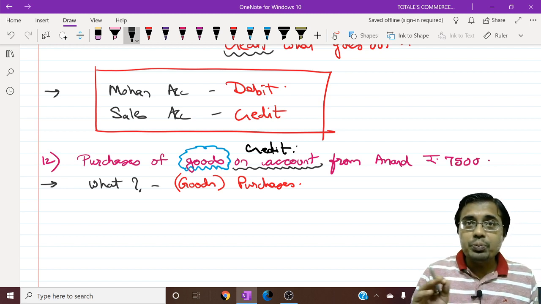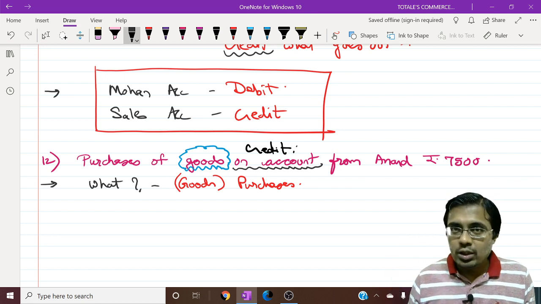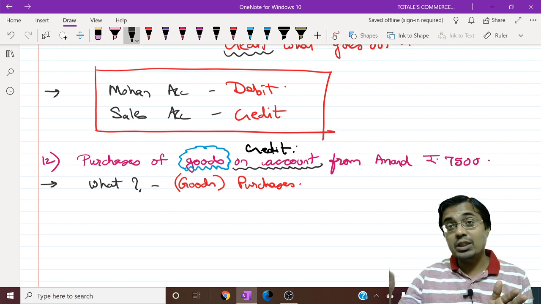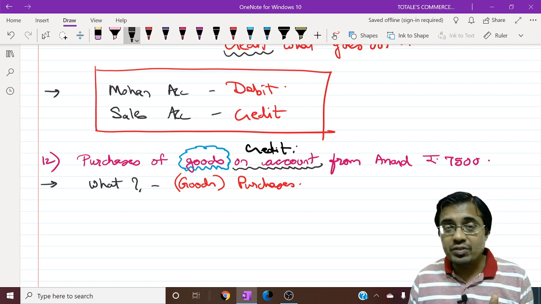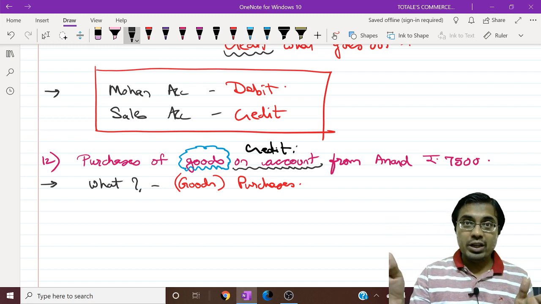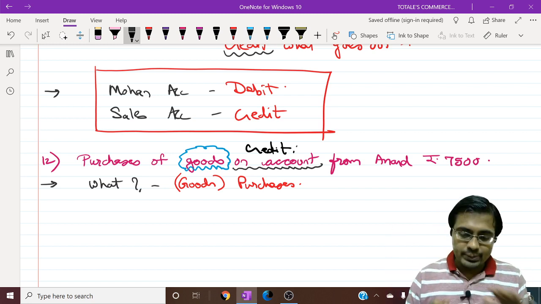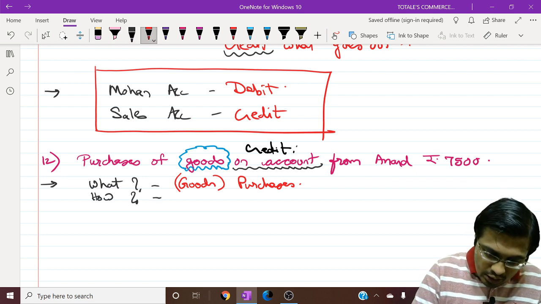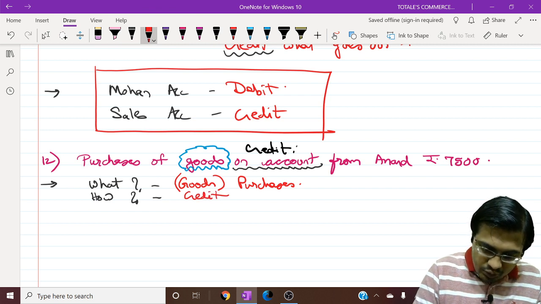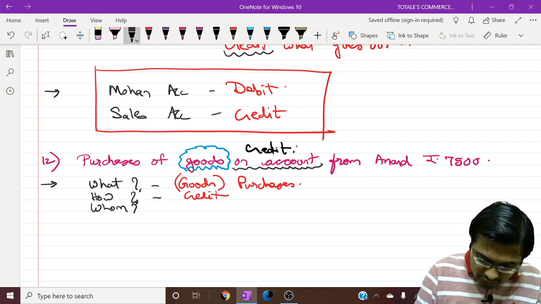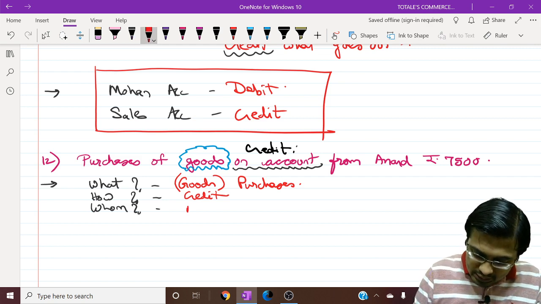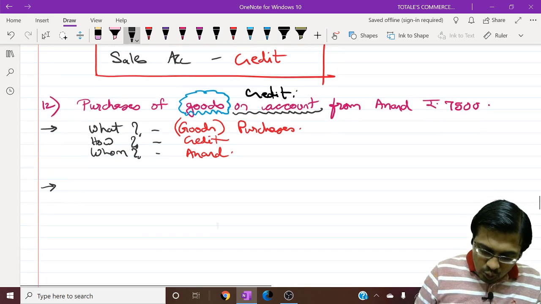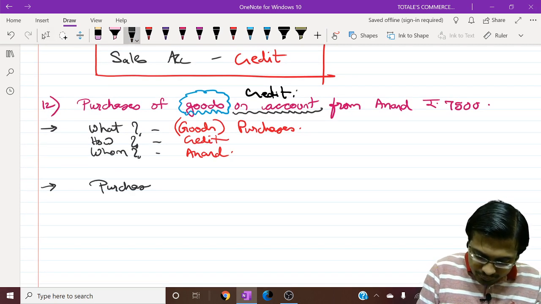Okay, so the term purchases denotes goods obtained for resale. I'll define the word purchases. The term purchases denotes goods obtained for resale or for consumption in the process of production or in rendering of services. So raw material or goods obtained for resale only can be termed as purchases. So what purchases? How? As we have been told, it is on account, that is, it is credit. Then the next question will arise: whom? From whom did we purchase these goods? We purchased these goods from Mr. Anand. So here, my friends, we get the two accounts: one is purchases, the other one is Anand.